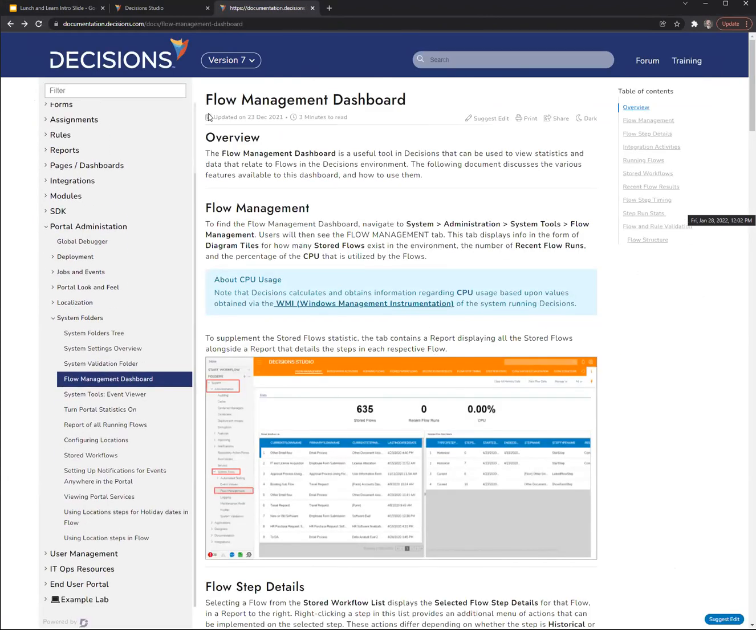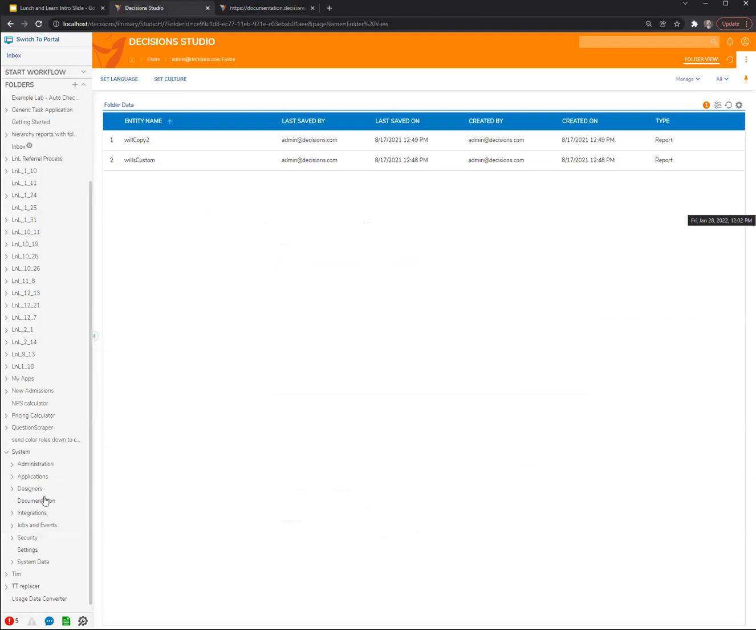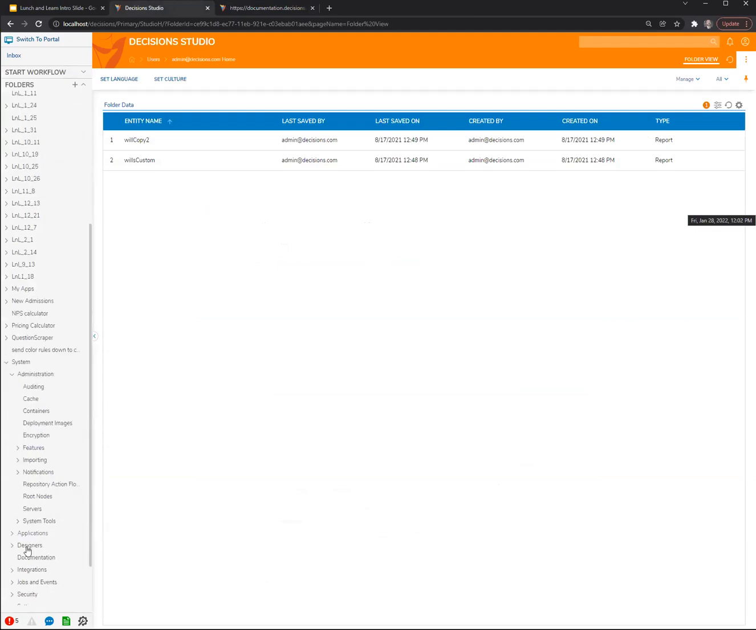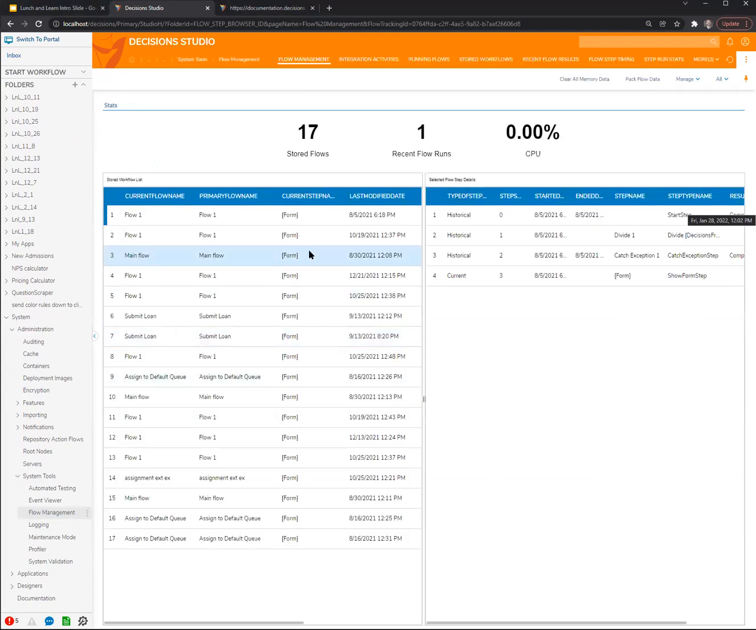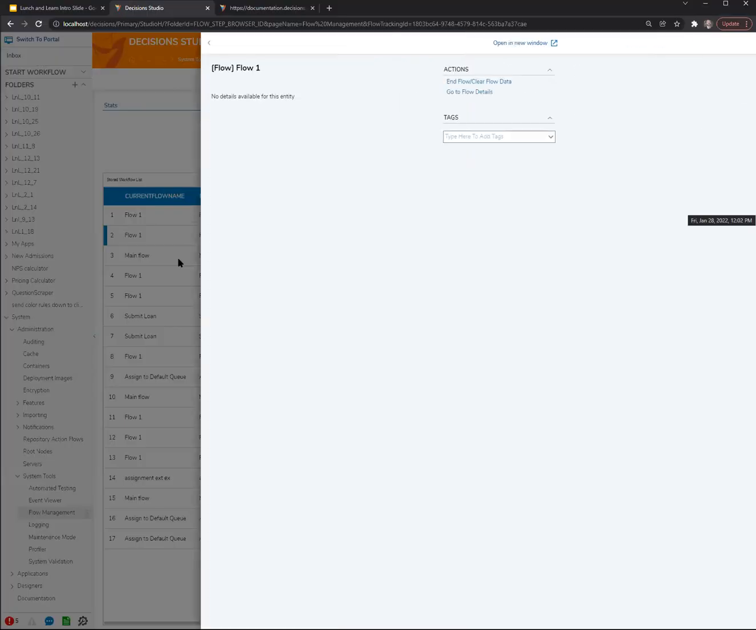So if you look at the flow management dashboard, do we have someone from Docs on today? We don't, do we? What you see here on this root page is a list of all of your stored flows. Just think about these as flows that have assigned forms in them. And then as you click into each row,